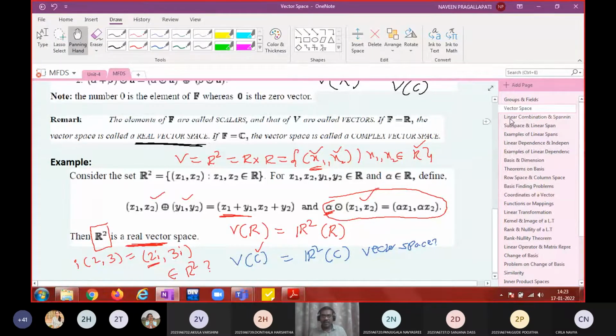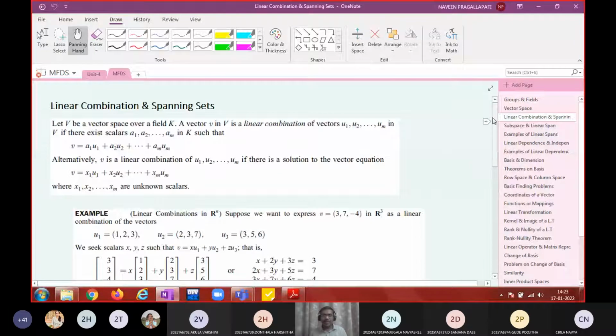So the next concept is about linear combinations and spanning, and I explained this in the class. Okay. So if you have a set of vectors, and generally the field is denoted with K. K can be R or C. By default, unless otherwise mentioned, you always assume that K equals R. You can identify the field K with the field of real numbers.